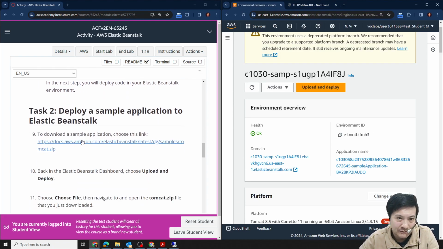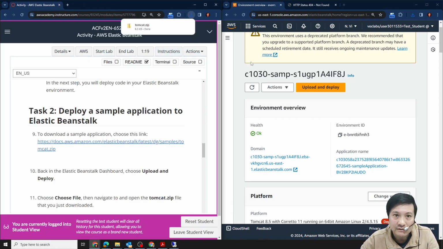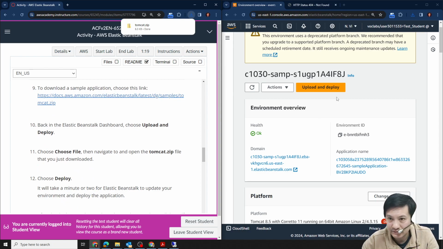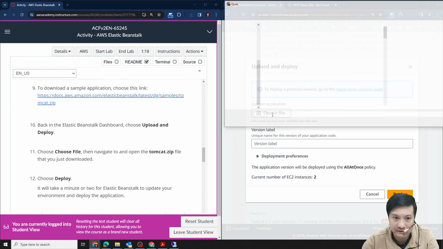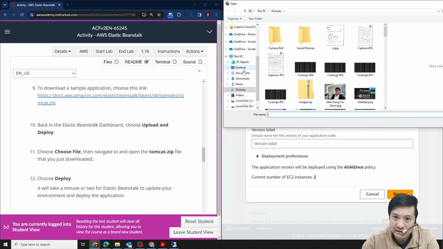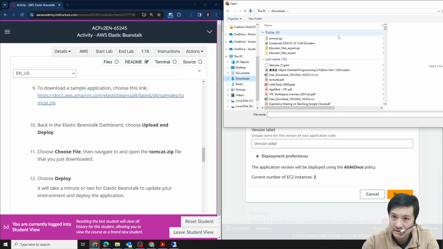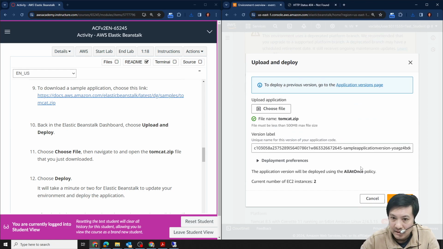And now we will try to deploy a sample application. Just click on this one. It will let you download a zip file. It's a Tomcat. And then you click on upload and deploy. And then choose the file and just go to the download folder and the latest one, the Tomcat one. Just upload it and it will generate a version label for you automatically。咁啊你 deploy source code 嘅第一個方法就係成個 zip 咗佢掟上去咯。